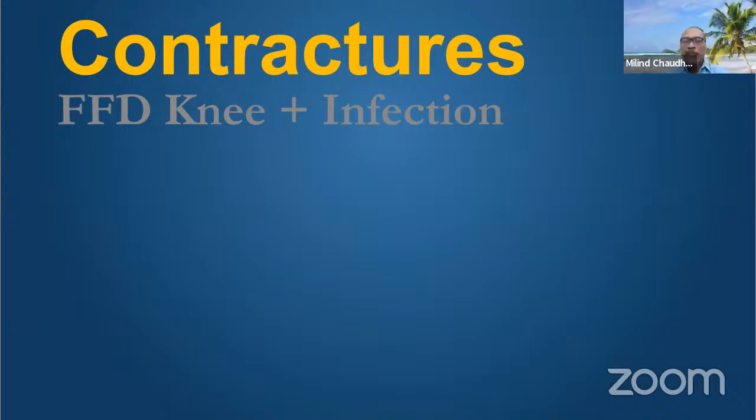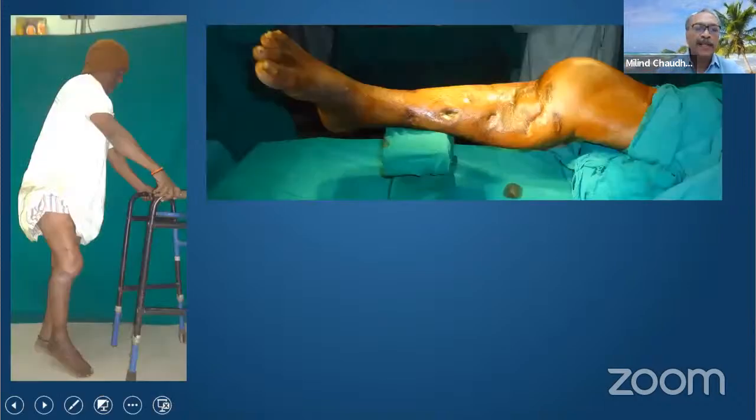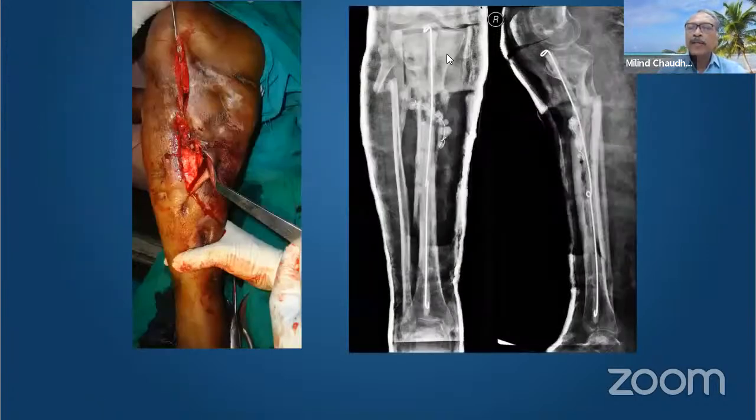So this is about deformities. Now, the next important parameter that's not been touched upon is the contractures in the presence of infected non-unions. This gentleman has a horrid infected non-union with sclerosis, fibrosis. What's going on here? There's a fixed flexion deformity of the knee, and there is a recurvatum deformity in the tibia. Look at this. So in the first stage, he gets a debridement, he gets an ABC rod as well